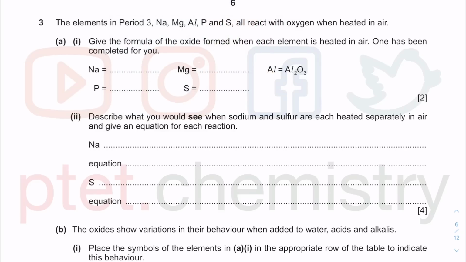In this question number 3, this is period 3 chemistry. So sodium, magnesium, aluminium, phosphorus, sulfur, and chlorine and argon. But when we talk about the oxide, the syllabus specifically stops at sulfur because chlorine can actually form quite a lot of oxides. We don't really deal with it in detail in